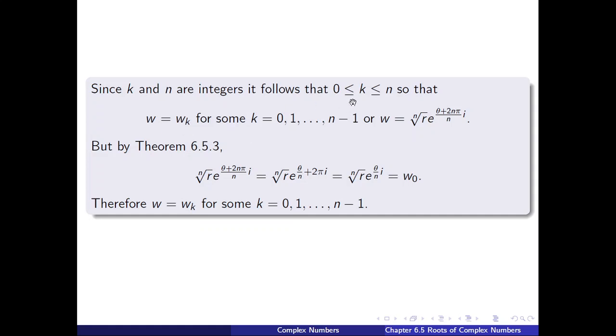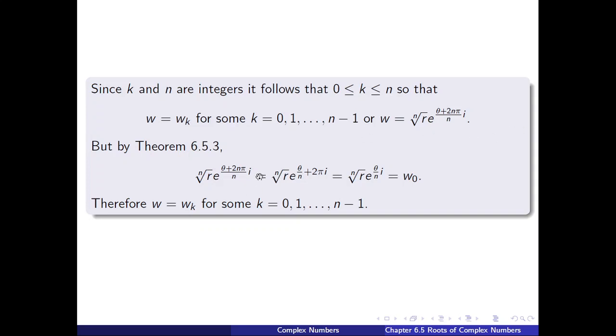The first case is the k between 0 and n minus 1, or it will be the nth one. So we are going to look at the nth one and see that it is just the first one, w_0. Now, by theorem 6.5.3, we know that this is equal to